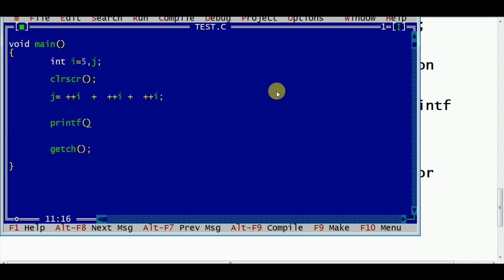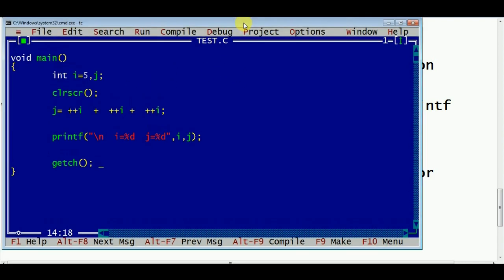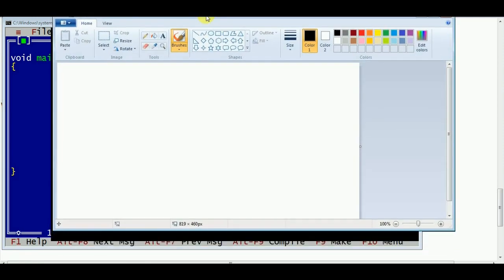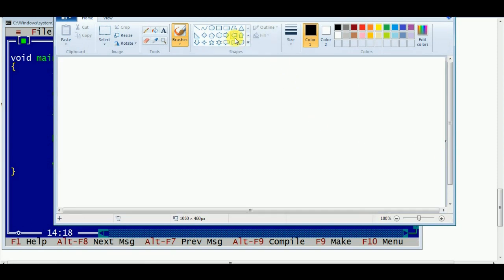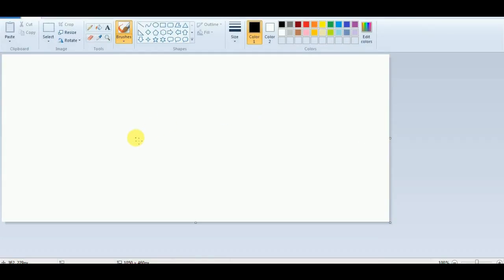What is the main difference between stack evaluation and register evaluation? If it is stack evaluation, it doesn't follow operator precedence. When it is register evaluation, it always follows operator precedence. Register evaluation follows operator precedence. If it is stack evaluation, it doesn't follow operator precedence. Then how does it evaluate the expression? It evaluates the expression from left to right.